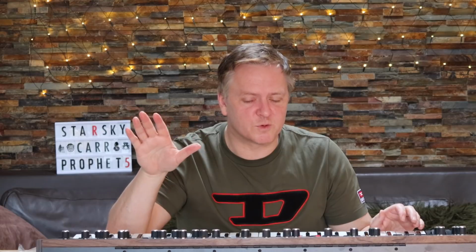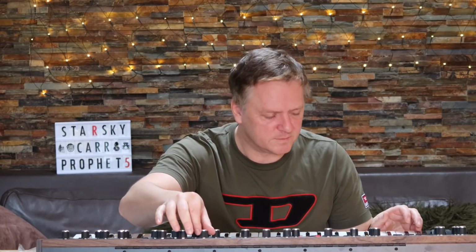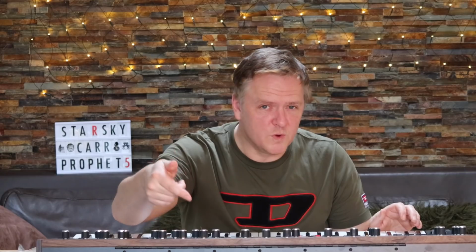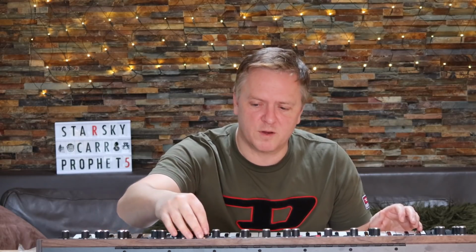And that sounds like stepping we're hearing there. I'd have thought it would be much smoother than that. I thought at first maybe it's just picking out the harmonics, but actually I'm moving this as slowly as I can. If we go down to the lower frequencies where you don't get as many harmonics,